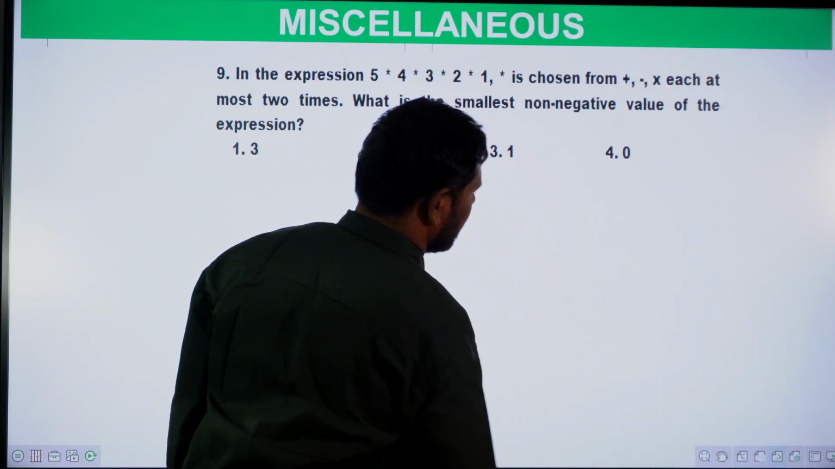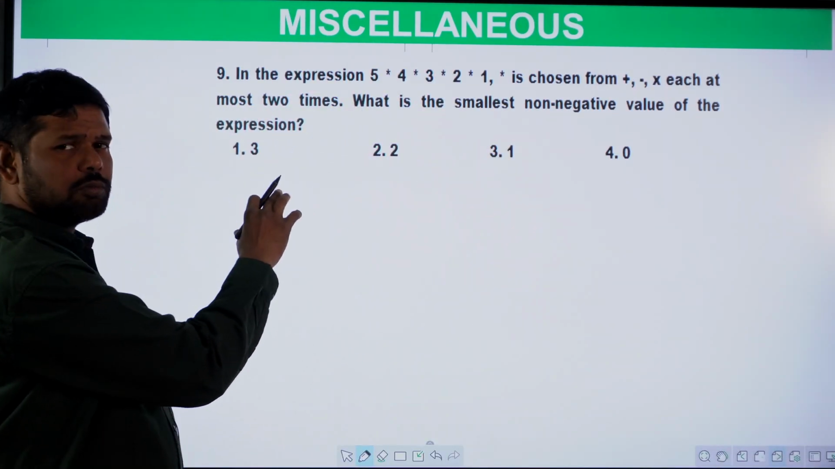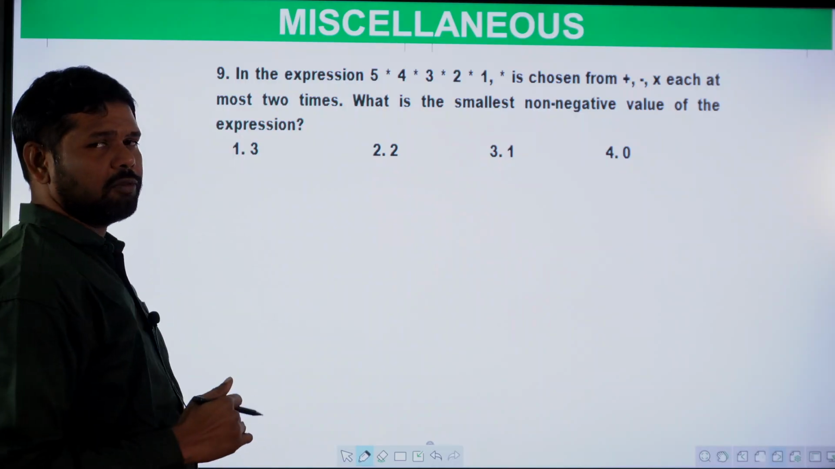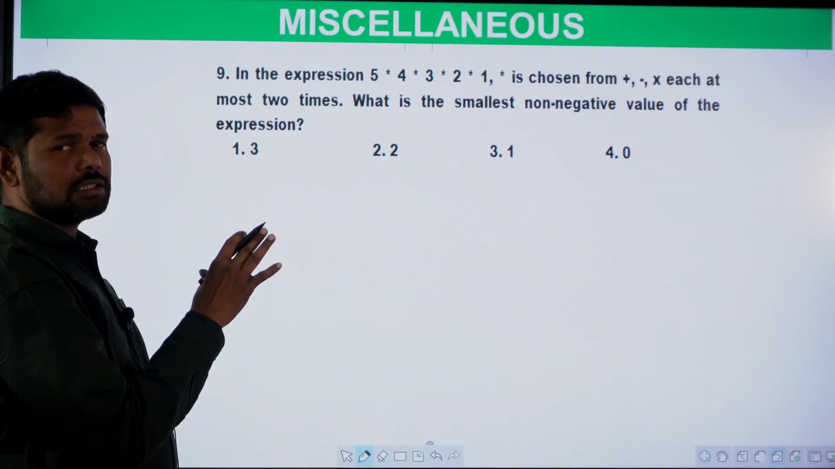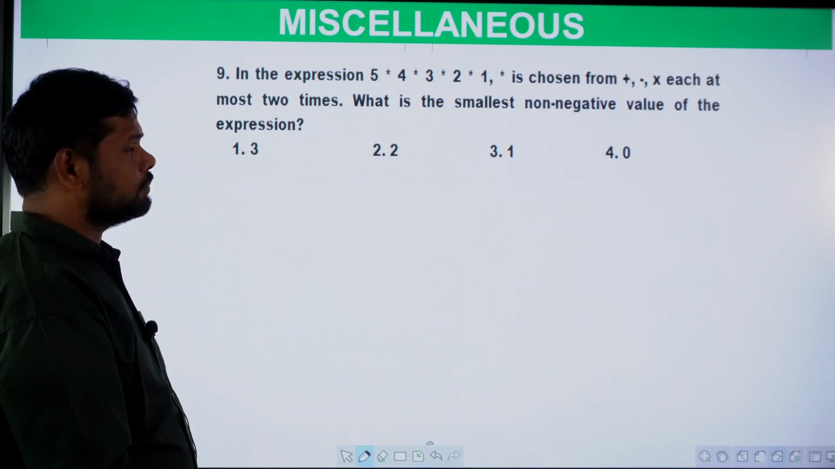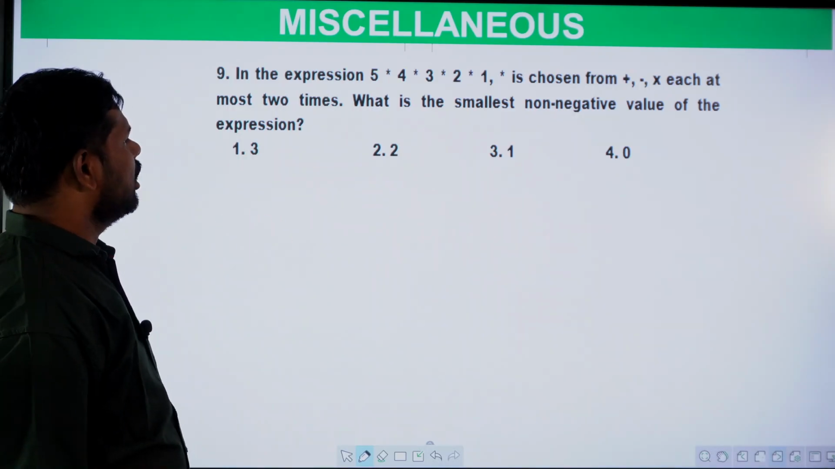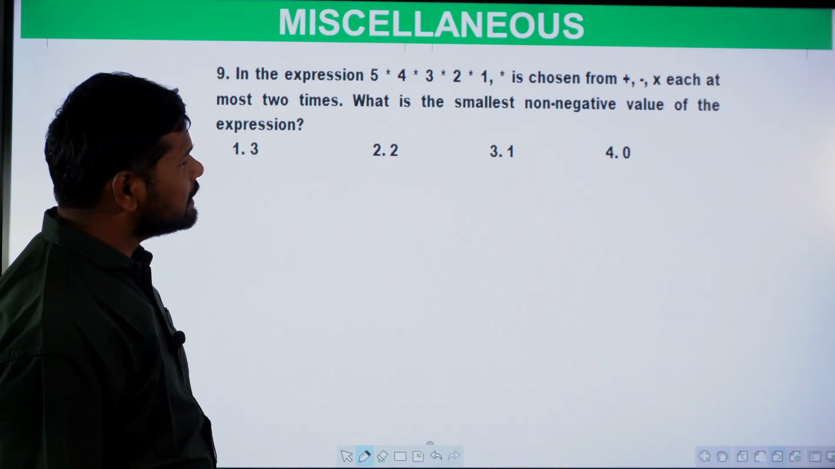Next one. We practice so many questions in this module, then only we are ready to solve that type of questions in the exams. That's why we practice whatever we discussed in the class, more than 100 questions are there, all from CSAT PYQs only. In the expression 5 star 4 star 3 star 2 star 1, each star is chosen from plus, minus, into,